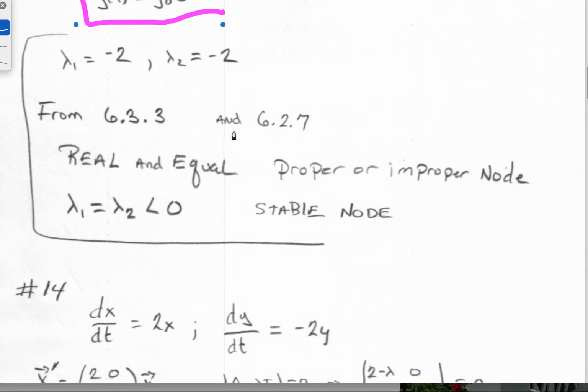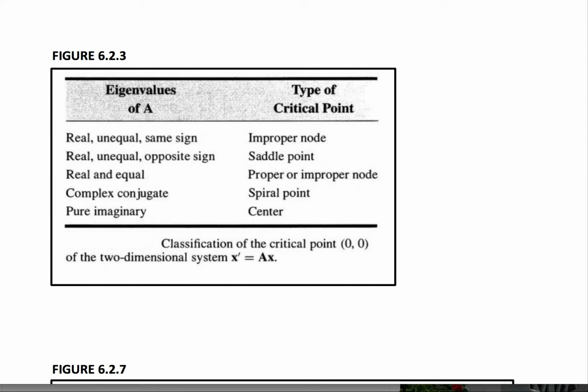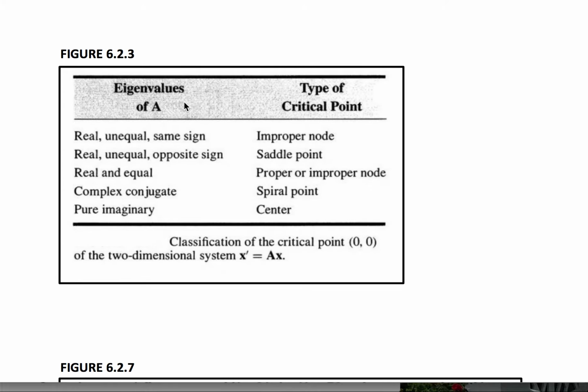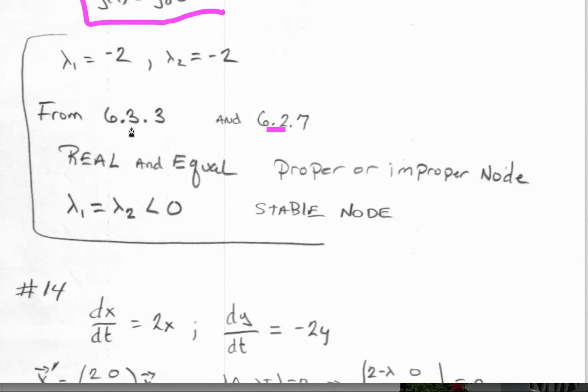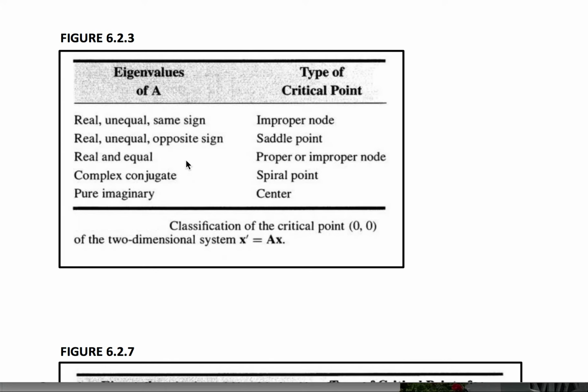6.3, and there's a table 6.3.3, and this should be a 2 as well, 6.2.3 and 6.2.7 from your book, and I have copied those down here. I guess this is wrong, this should be a 2: 6.2.3 and 6.2.7. They give us this little chart of eigenvalues of A and the type of